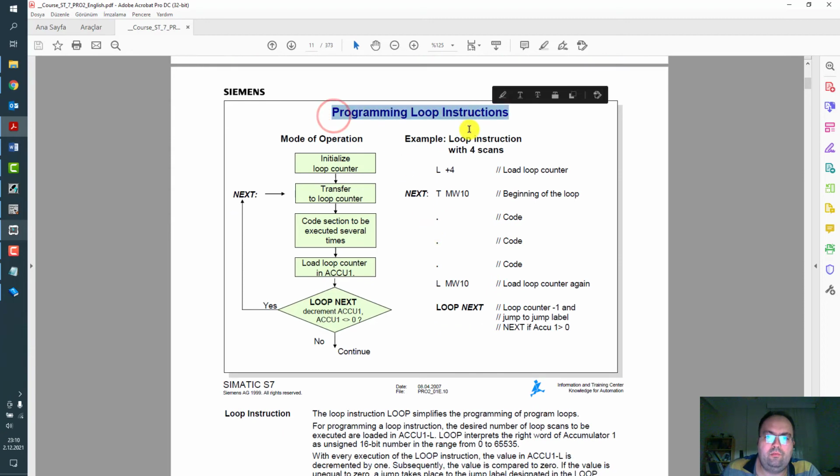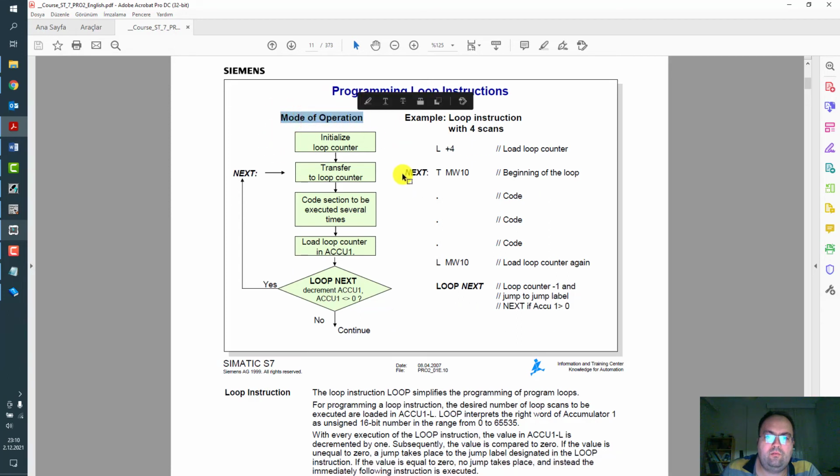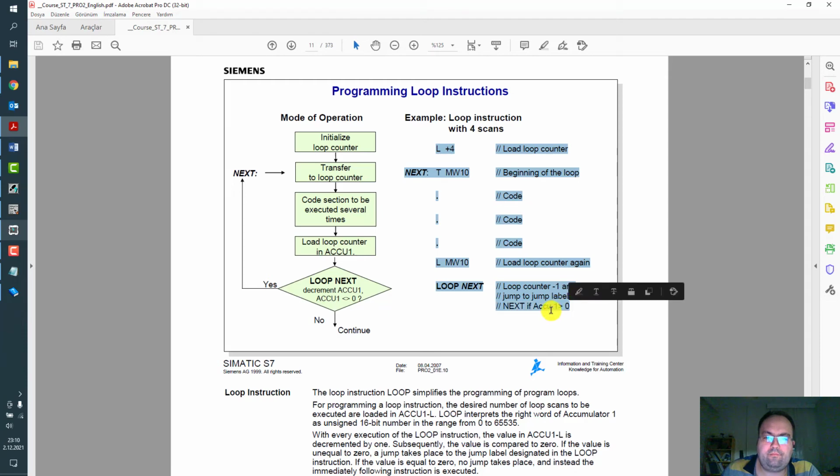And programming loop instructions in STL, mode of operation, initialize loop counter, and it's similar to while repeat until. So you define a label at the beginning and transfer some value to a variable.